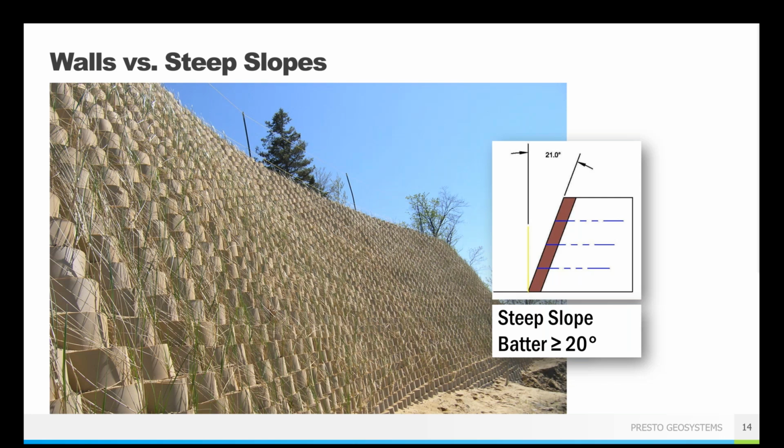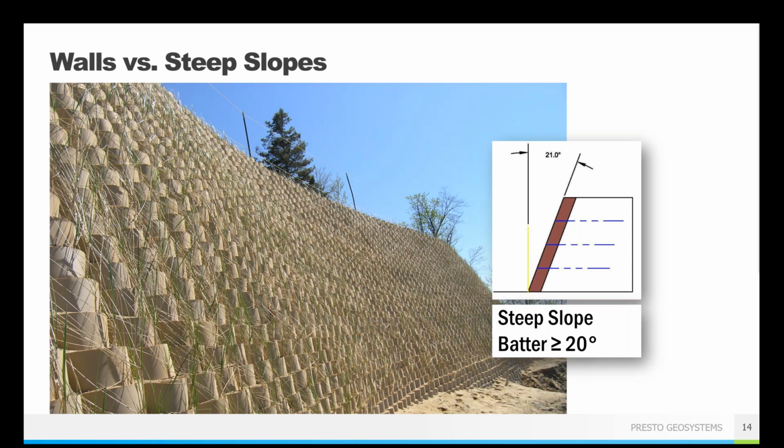So for us, for geocell systems, retaining walls are defined as structures with a batter of less than 20 degrees, so very steep. And steep slopes are areas where that slope angle is between 45 and 70 degrees. So again, up to that 20-degree batter. However, we do build GeoWeb retaining walls shallower than that 20-degree batter that I just mentioned. We've gone as low as 45 degrees, so a 1-to-1. You can do that. So it's a bit of a loose definition, but that's the line of where we draw the difference.